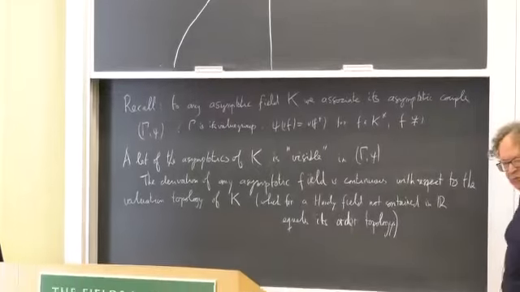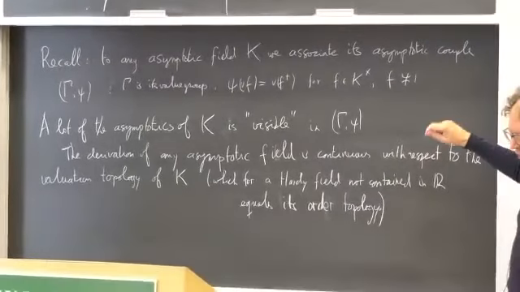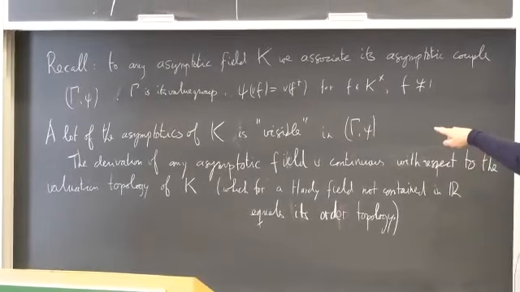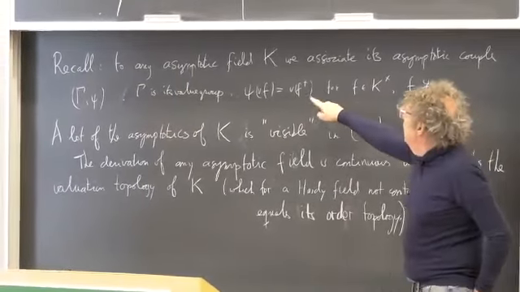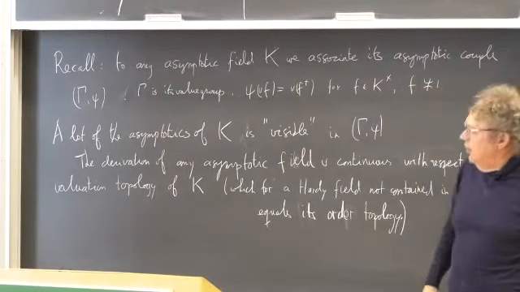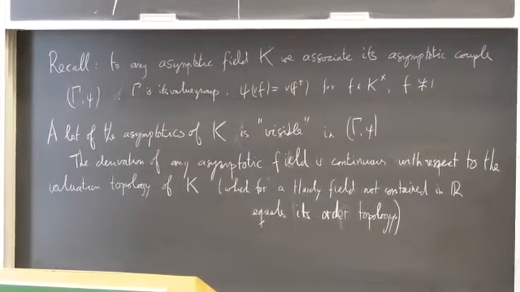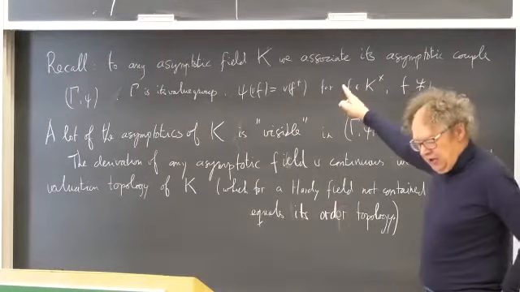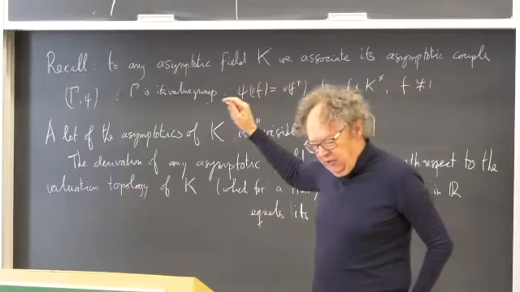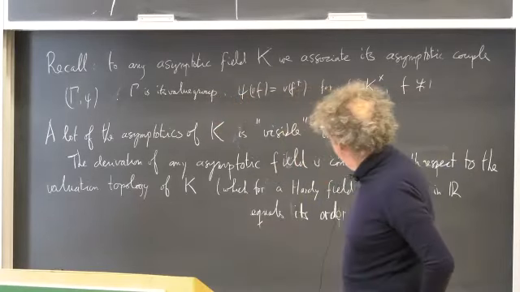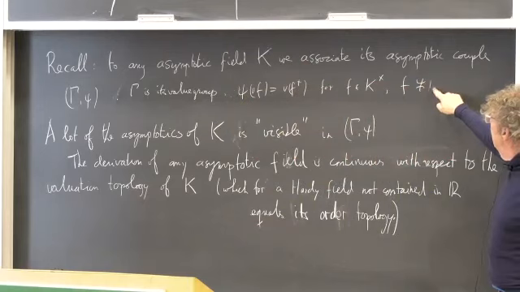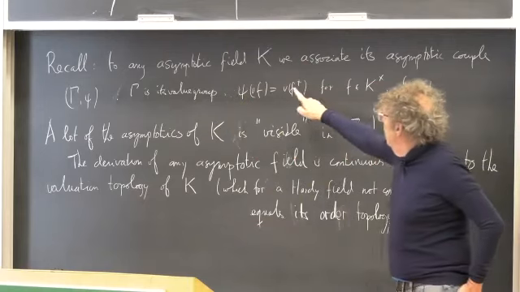gamma is the value group. The valuation, I always indicate the valuation by little v, right? And this psi function is defined in the following way. The psi of the valuation of f is the valuation of f dagger. And recall f dagger is the logarithmic derivative of f. In other words, it's f prime divided by f, where you restrict to f that is not asymptotic to 1. So because you want